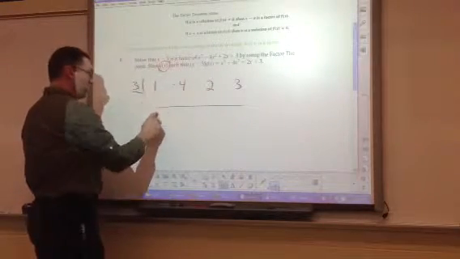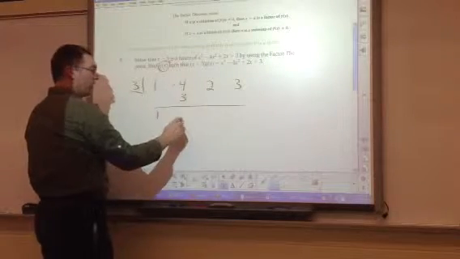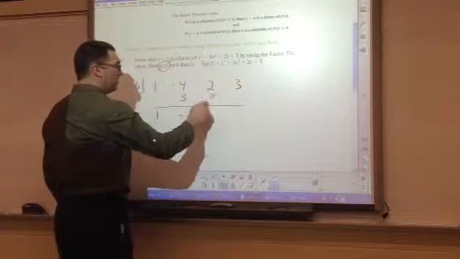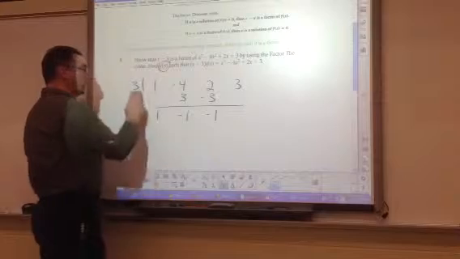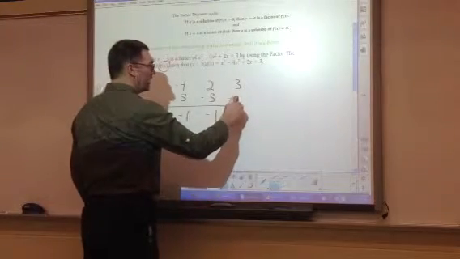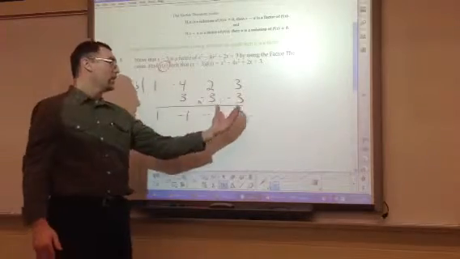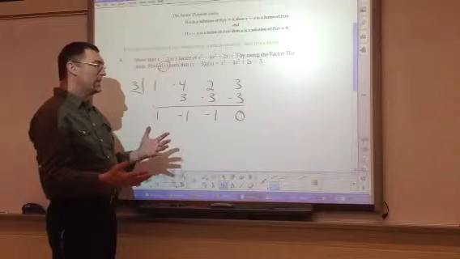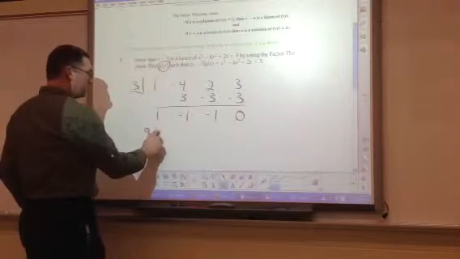So we bring down our 1. 3 times 1 is 3. Negative 4 plus 3 is negative 1. 3 times negative 1 is negative 3. 2 minus 3, negative 1. 3 times negative 1 is negative 3. Add these together, I get 0. So since the remainder is 0, it is a factor, which means then that my quotient q of x is going to be,